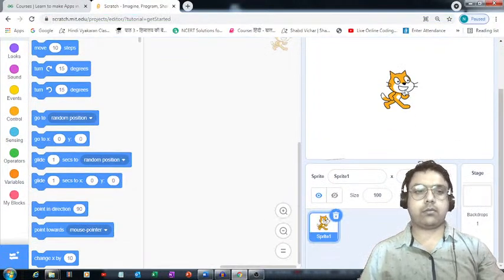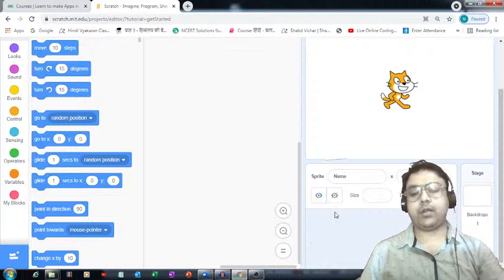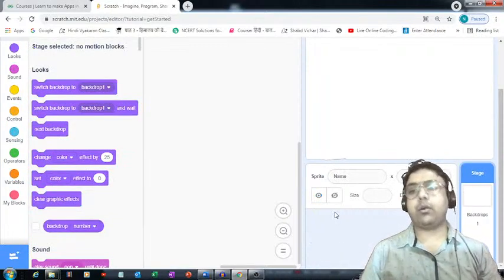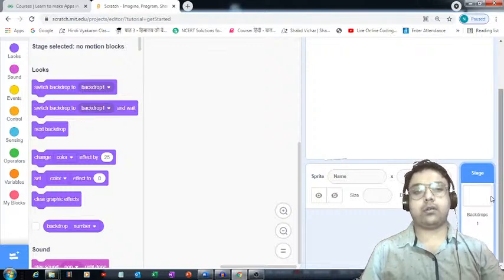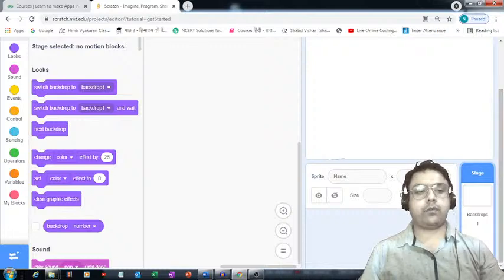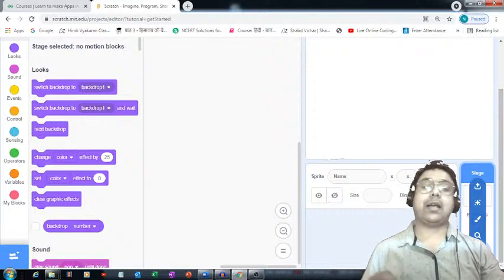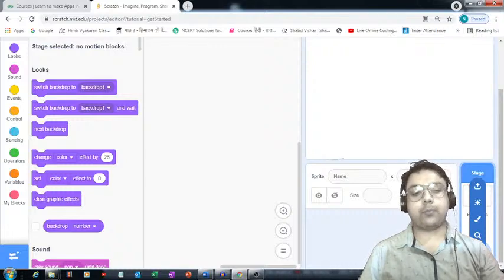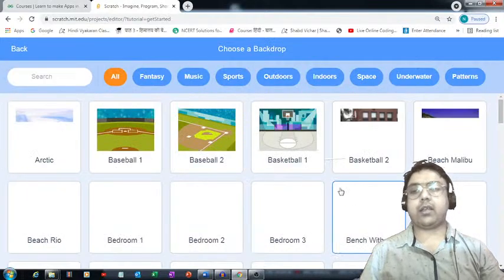I don't want this sprite, so I'm eliminating it for now. So the first thing that I need is a very beautiful background. For getting it, I'm going to make use of the backdrop library. How to access that backdrop library? We can come down over here, and when you click on this backdrop option, it will redirect you to the